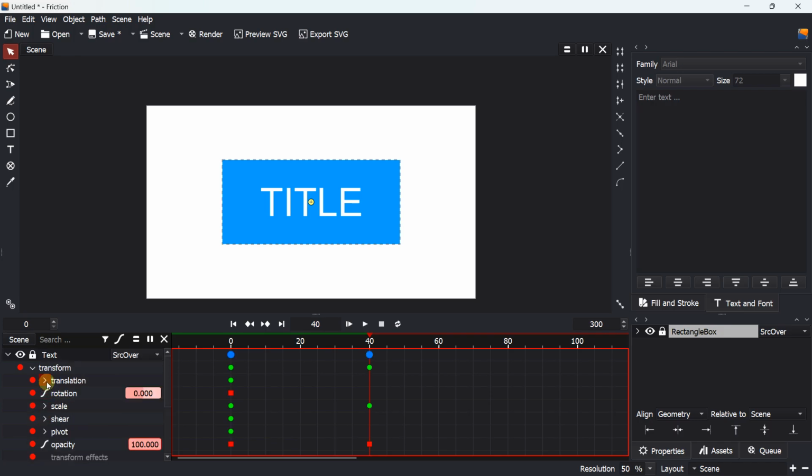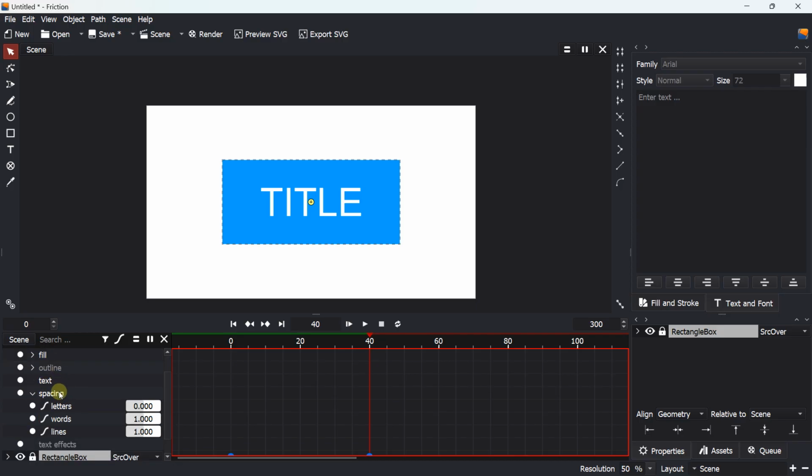And here, when you continue a little bit in the text option, you can find spacing. And the spacing will concern the text. What does it mean? It means, for example, I have the letter option and I can activate spacing here. I activated at 40, but maybe I'm going to drag and move at 50, you see. And for example, at 50, I will go at maybe 60. And at 60, I will change a little bit the letter and I can do something like this, as you can see. Then I will go at 70 and at 70, I will tap 0 on this area to come back. And I can, for example, repeat this process.